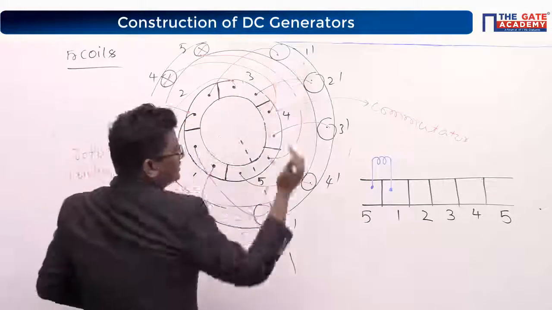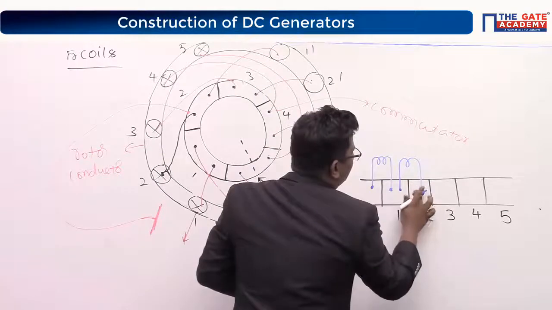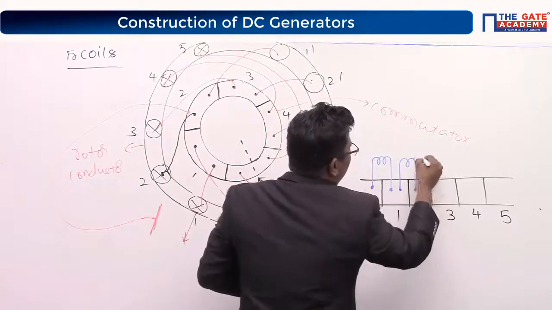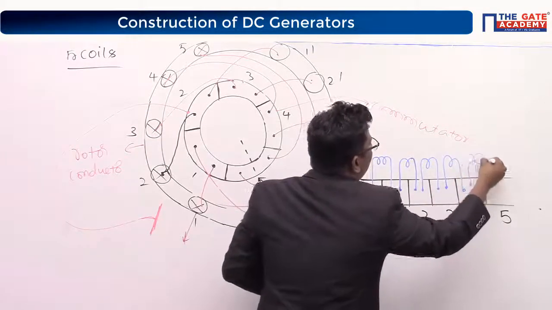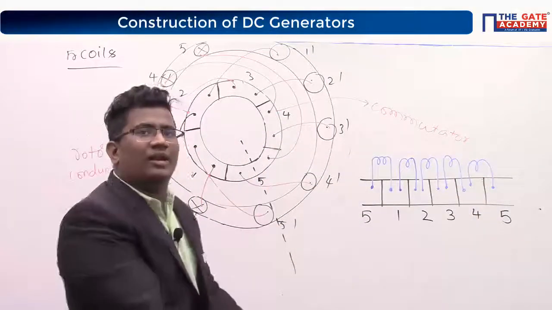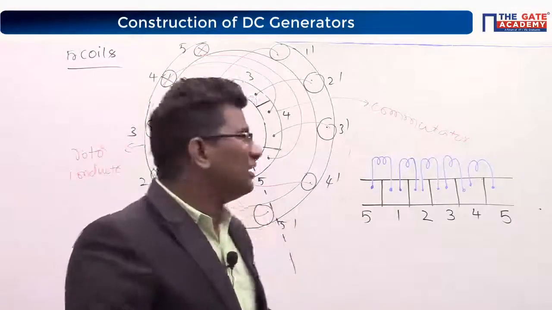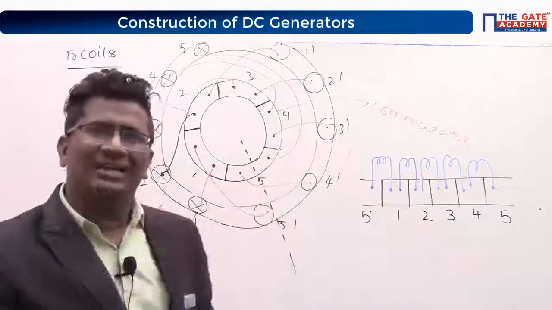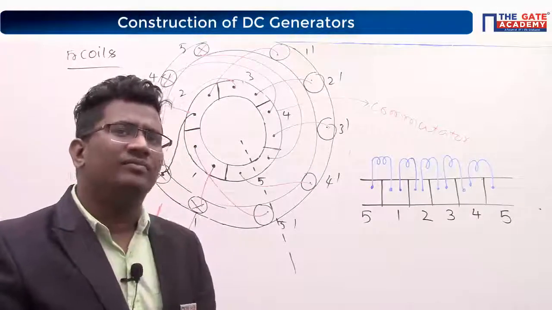2 and 1 dash. 1 dash is nothing but from this side only. This is 3, similarly 4, similarly 5. Now you just take once. You just hold this and put it in a circular manner. Can I say that you have 5 segments and you have 5 coils? Correct or not? You have 5 segments, you have 5 coils. Can I say that?